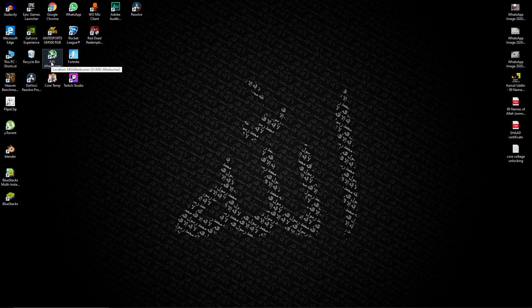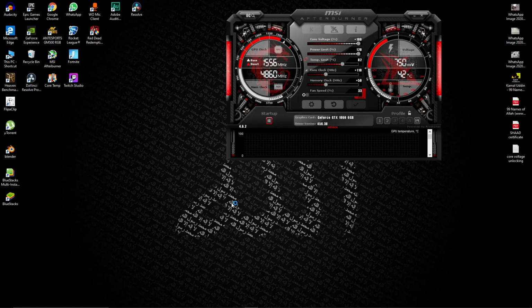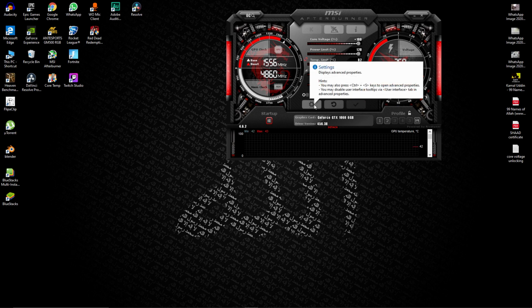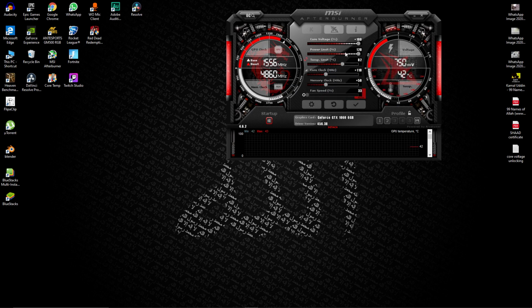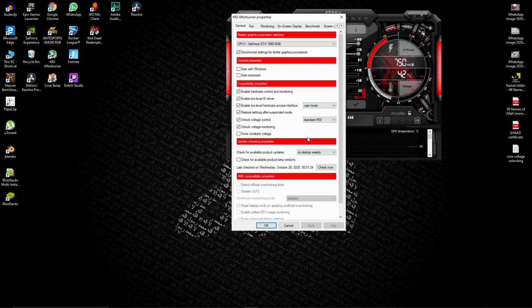So let's get started. First of all, because it happens with me and whoever I have seen, you see this core voltage, it is locked. You cannot use it when you download the MSI Afterburner app, no matter what you do. After around 15 to 20 minutes of digging, I found 3-4 different ways you can use this slider as per your requirements.